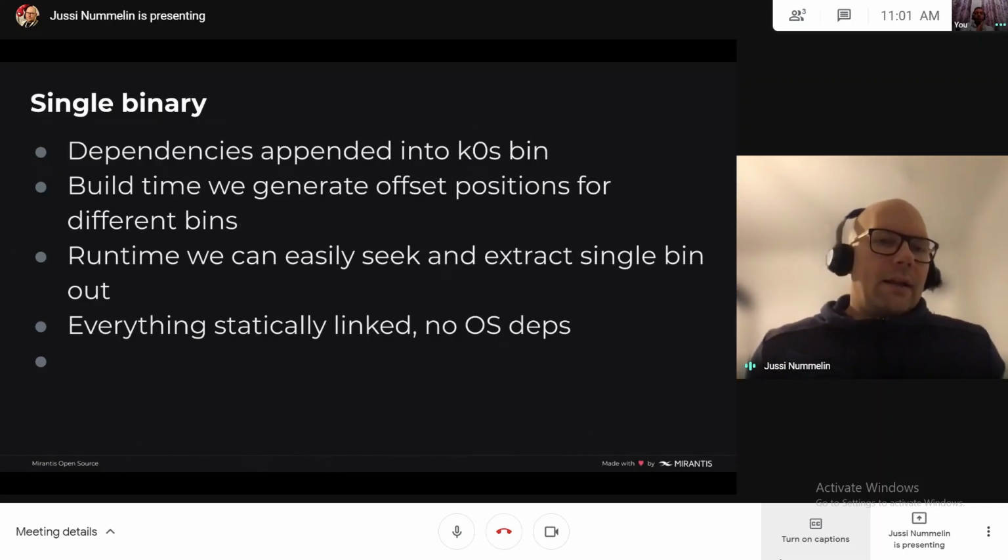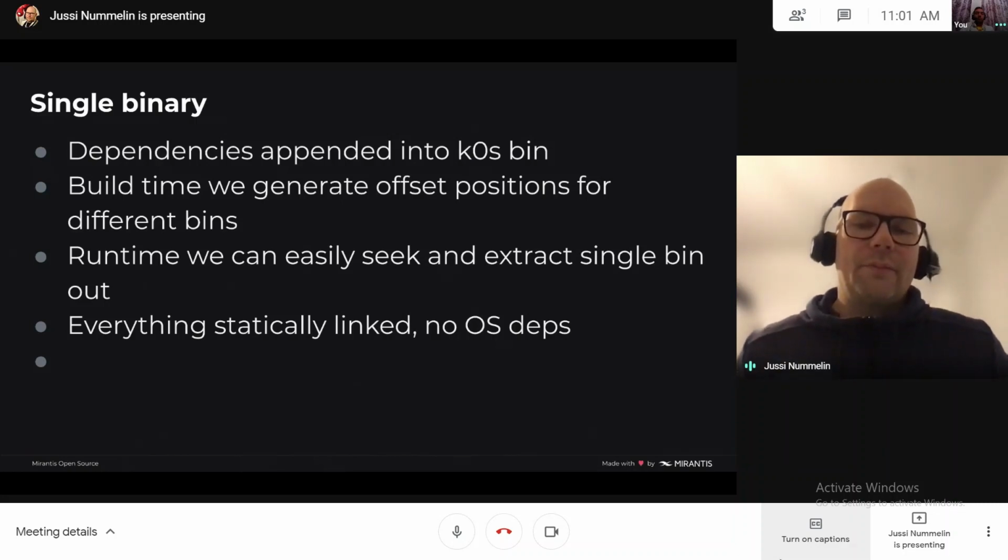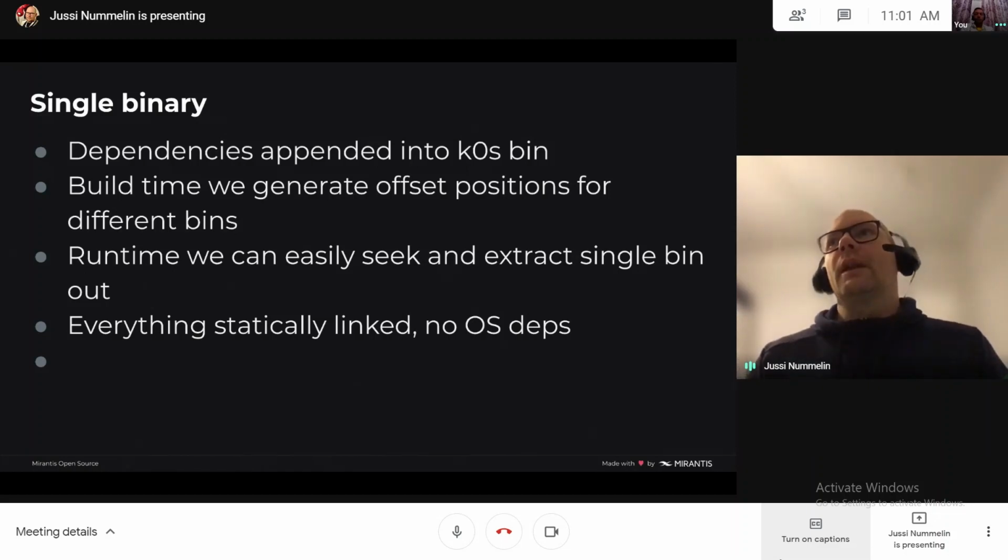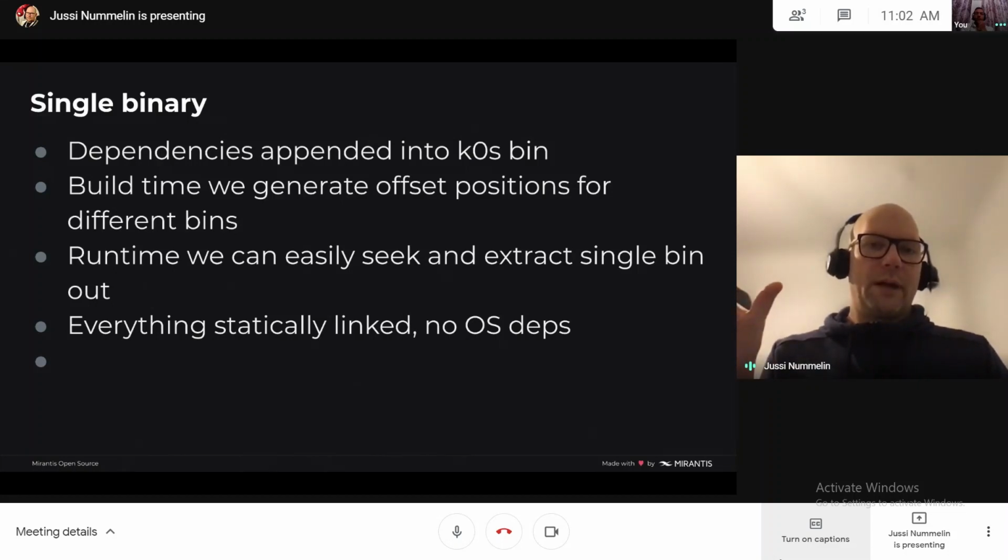And then at build time, we generate offset positions for the different binaries. Say that we embed a kubelet binary into the k0s binary. We know the size of the kubelet binary, and based on that we can calculate the offset position for the kubelet within the k0s binary.